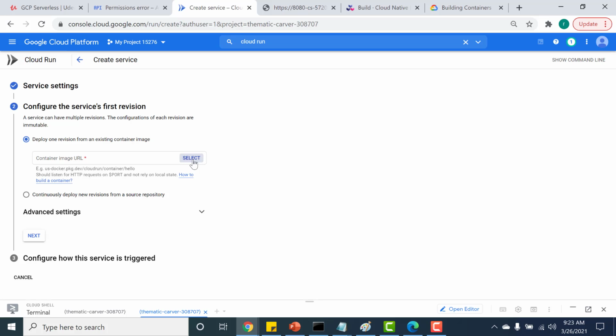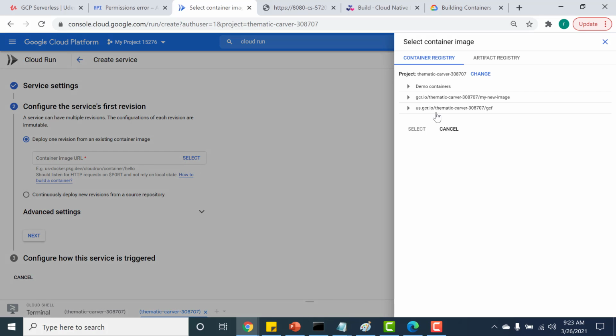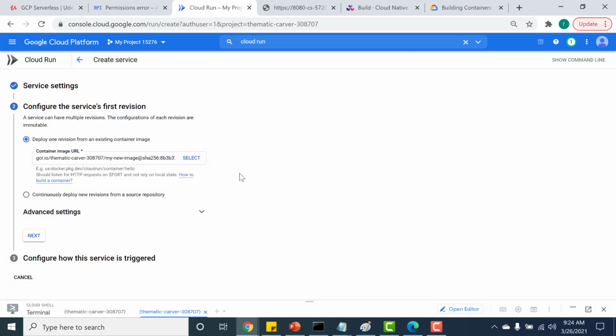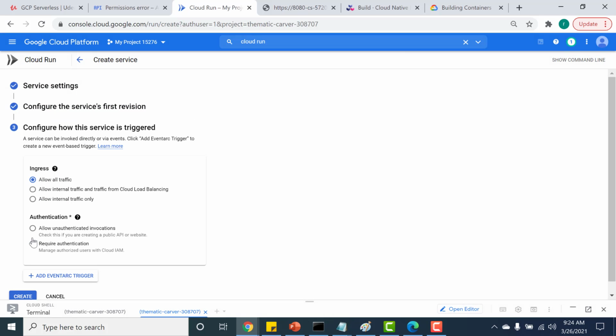Here I need to select that image, so this will be my new image that I've just recently created. The difference between this and the previous example is that previously the image was created using the Dockerfile, and this particular image was created by buildpacks rather than using the Dockerfile. I'll click on next again, allow unauthenticated invocations, and click on create.